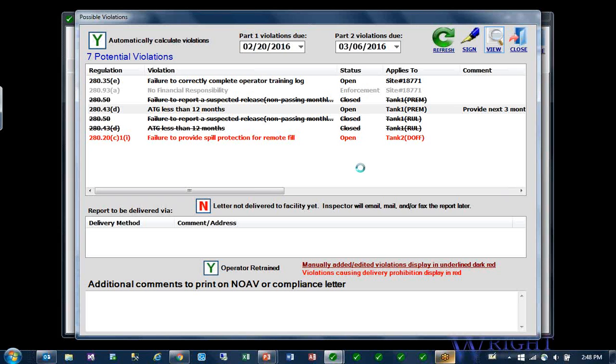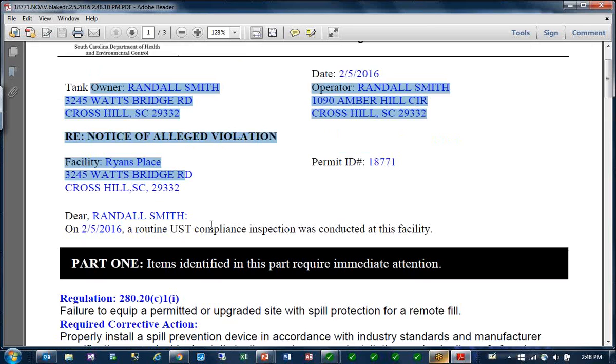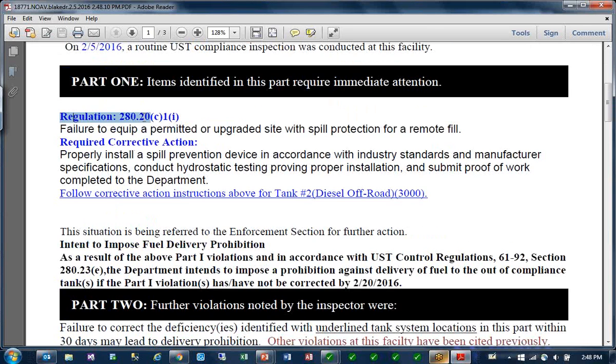Save, and then if you view the notice of violation, it generates the notice of violation as a PDF document and presents it. So here's the owner information, here's the violations that we cited. This was the red tag violation, so it says it requires immediate action and that will impose delivery fuel prohibition,